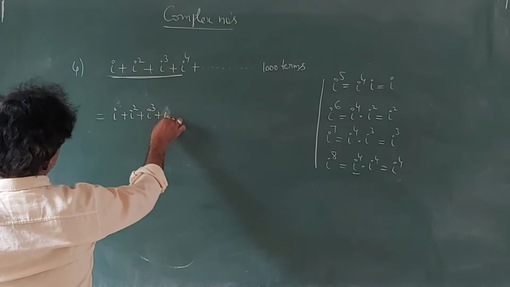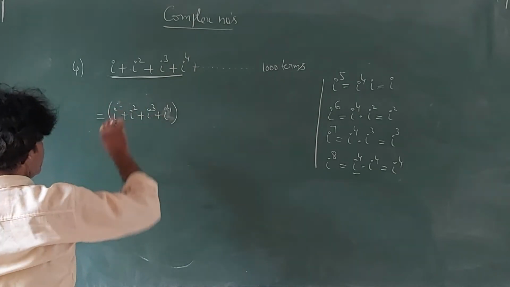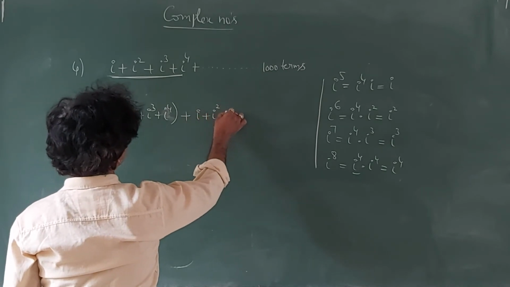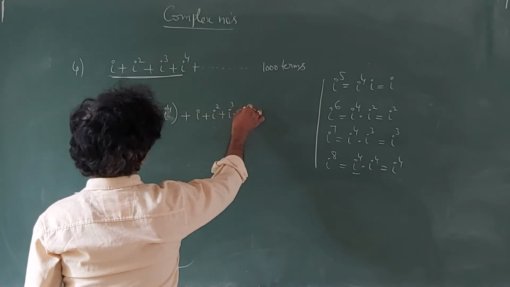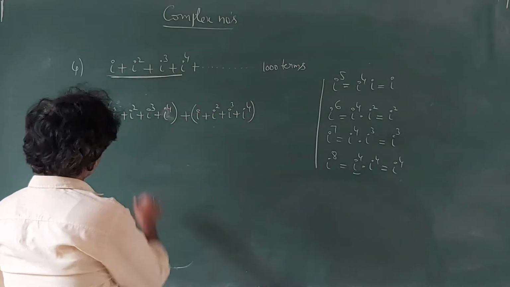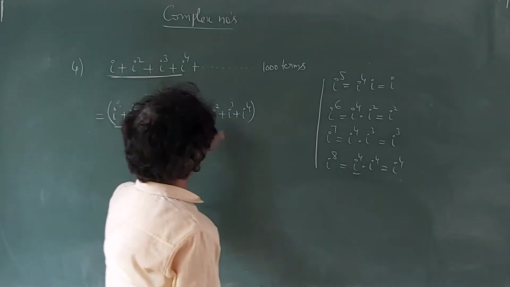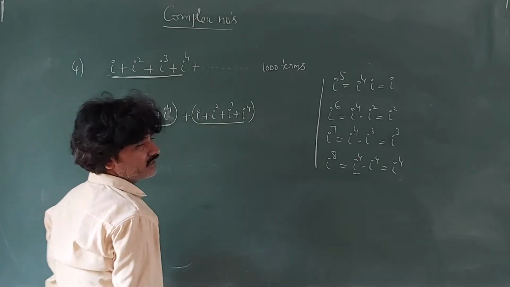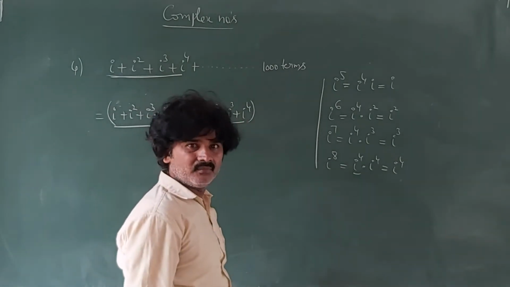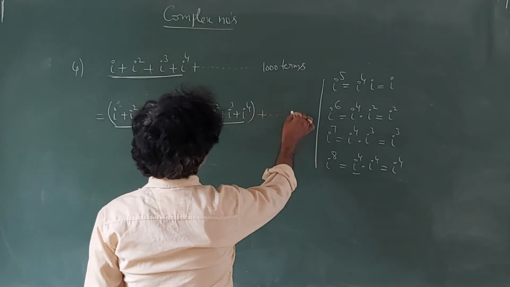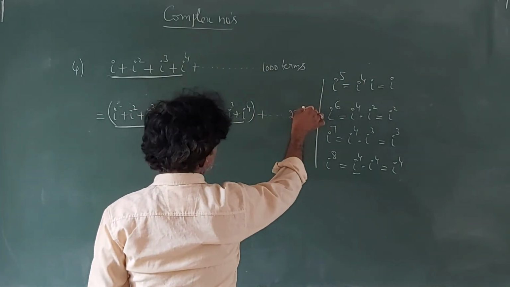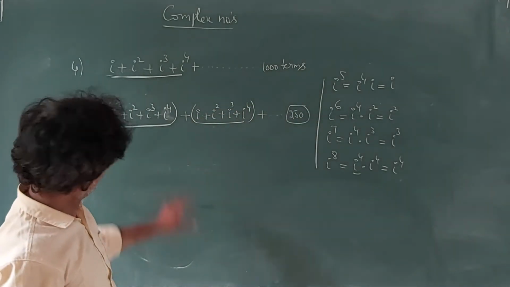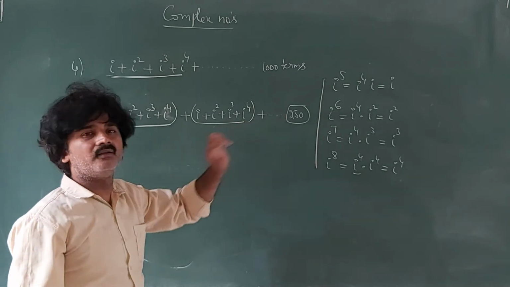If you take this one as one term, again the next one also will get the same terms. What I am saying, understanding? Now, how many brackets like this? Not total terms. This is the first bracket, second bracket, third one also will get the same. Like this, how many brackets will we get? 250. 250 times the same will repeat.